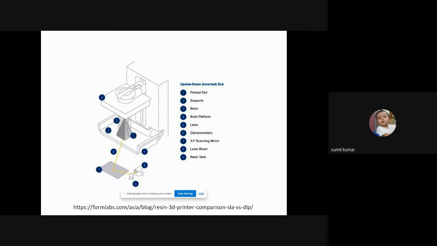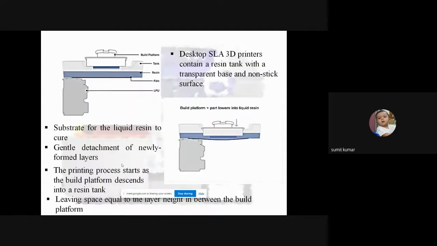The printer takes the STL file, which we discussed previously, that the STL files are the designed files which are imported into the printer. This is the resin which hardens under the effect of the laser beam, and here in the lower part of the unit, the laser beams are generated and focused using galvanometers. This is the detail of the schematic diagram we showed before.